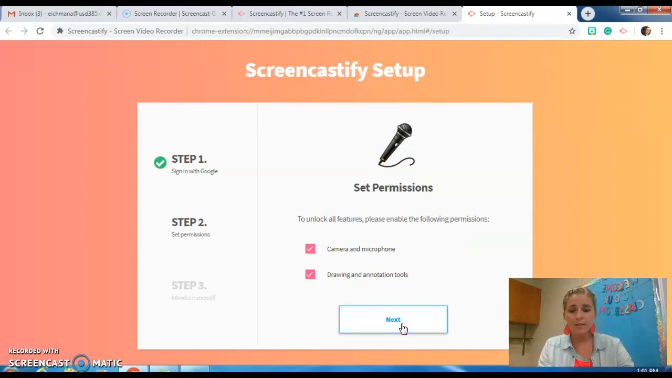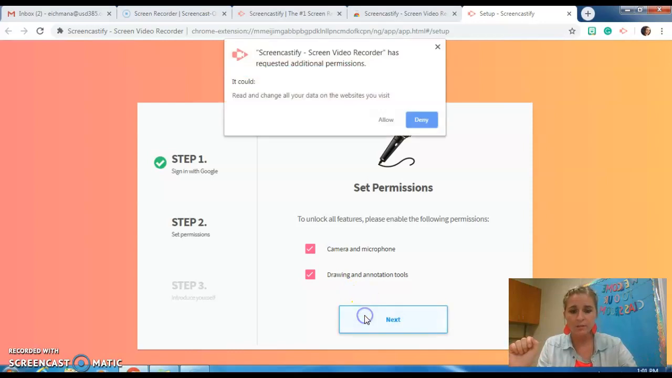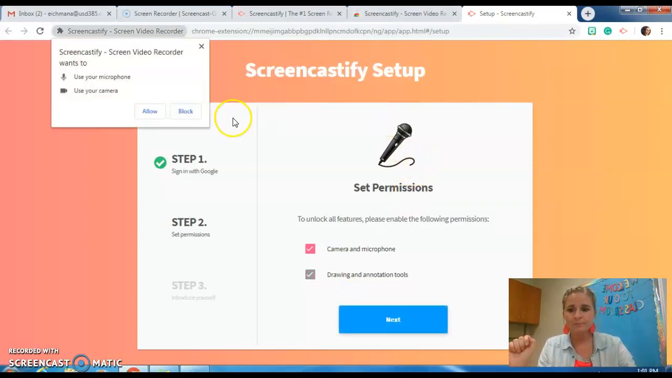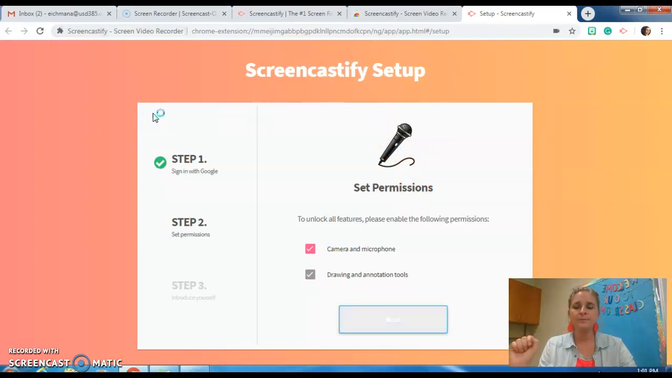The next few things, you're going to set up what you are going to allow Screencastify to use. So you want to make sure that camera and microphone and then drawing and annotating are checked as things that you're going to allow. Then you'll just select Next and then Allow, Allow,